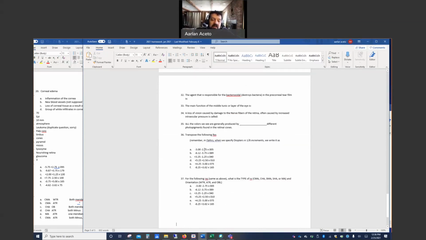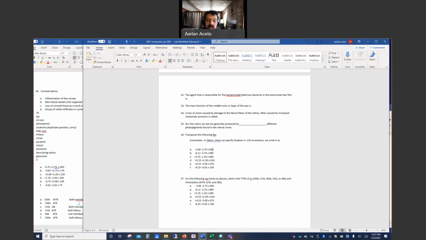Here you have the sphere, the cylinder, the axis. The sphere, -3. Cylinder, -2.75. Axis 5. To transpose, it's like putting on a lens cross from your other class. You have a -3, axis 5, and 90 degrees away, you have the full cylinder plus the sphere. So if you put it on a lens cross, you can go back and forth, or you can just transpose it using our rule, and that is add the